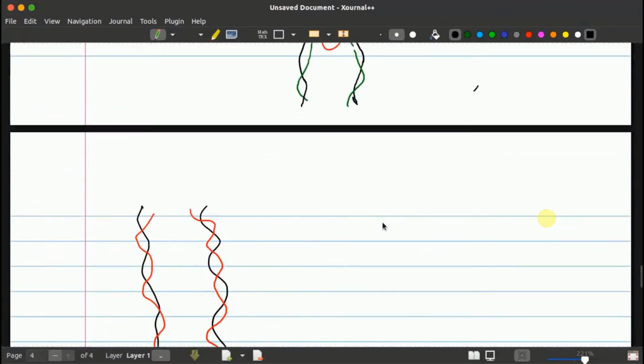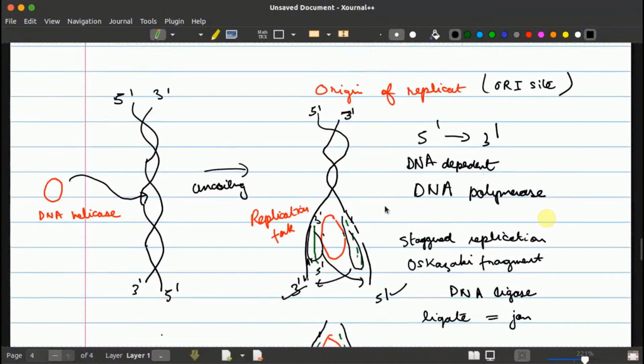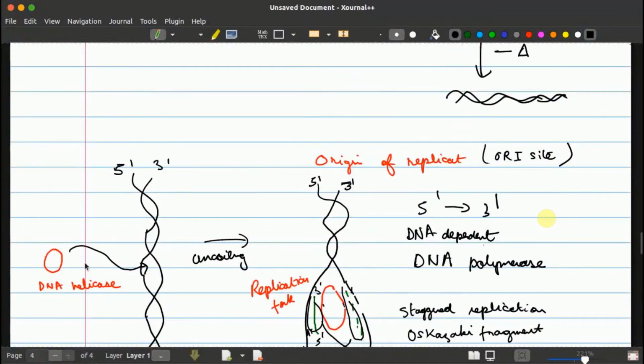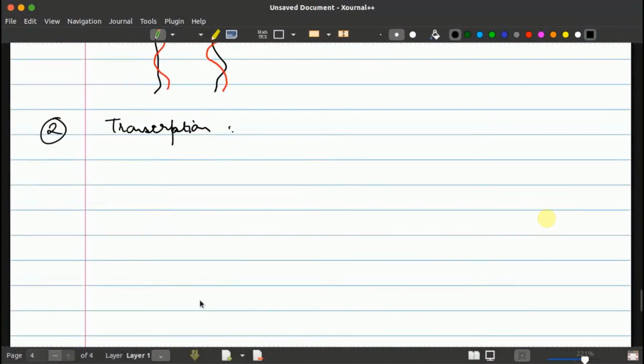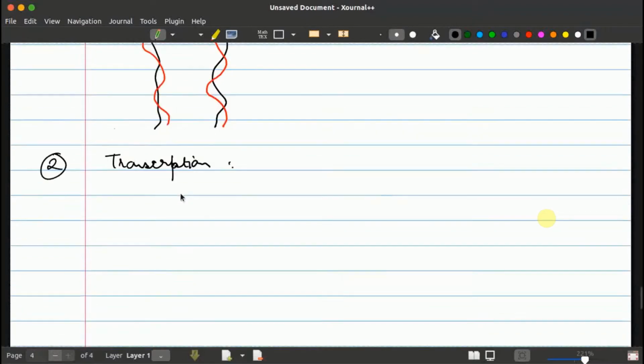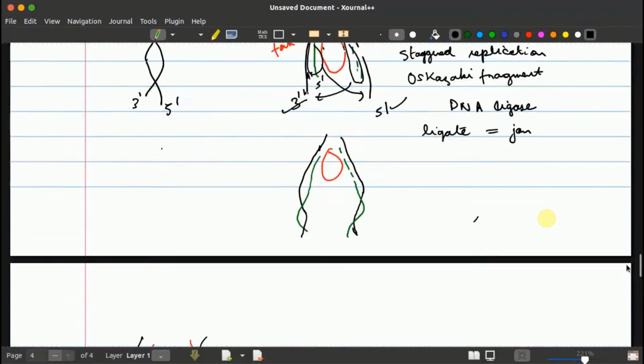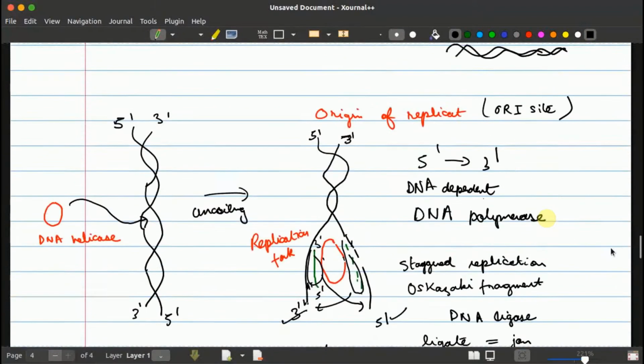Remember, there are ORI sites here, where helicase would come and join. Something similar: helicase also comes here. It sort of opens up the DNA, and this process is very similar to transcription actually, except